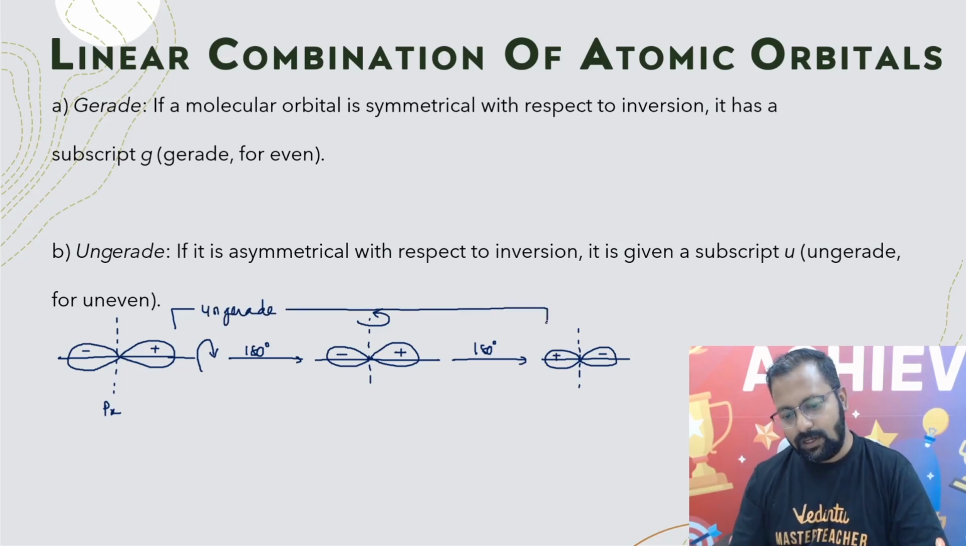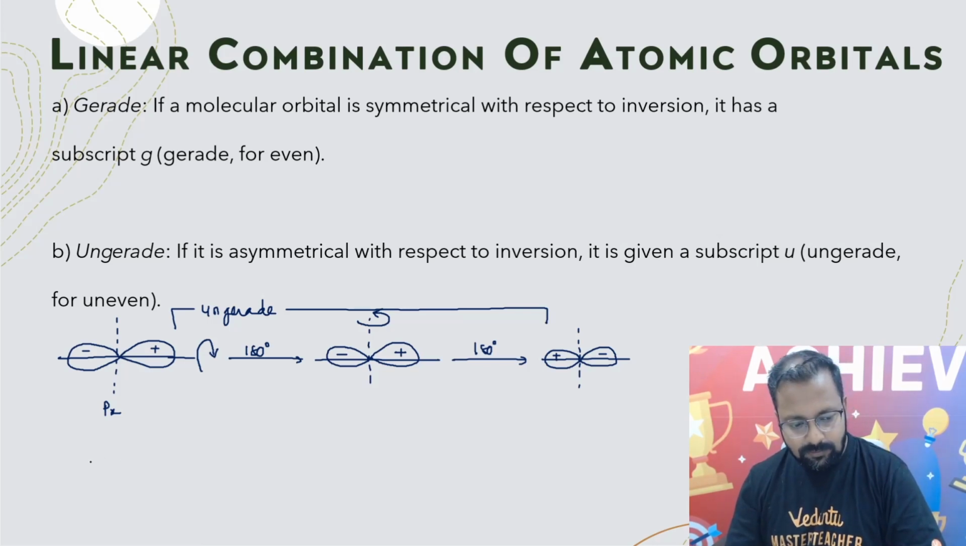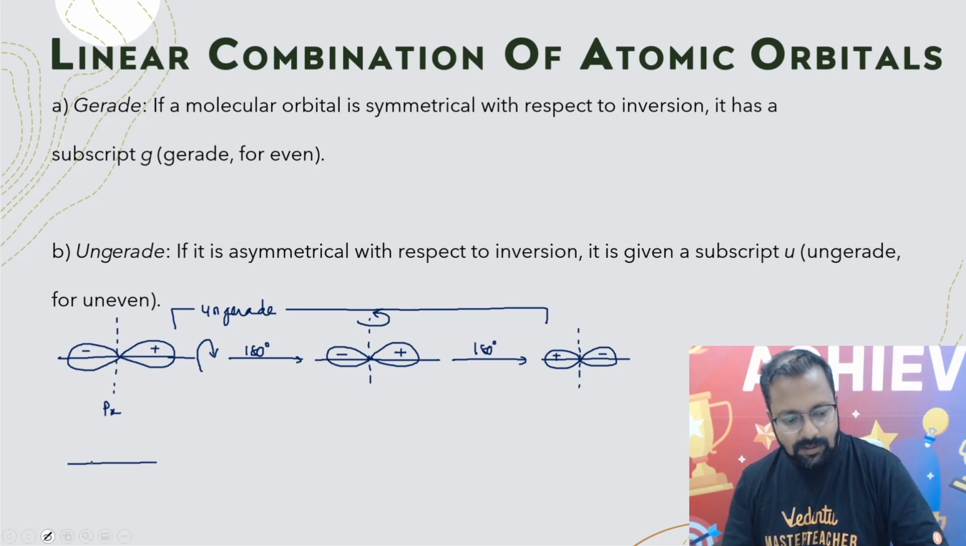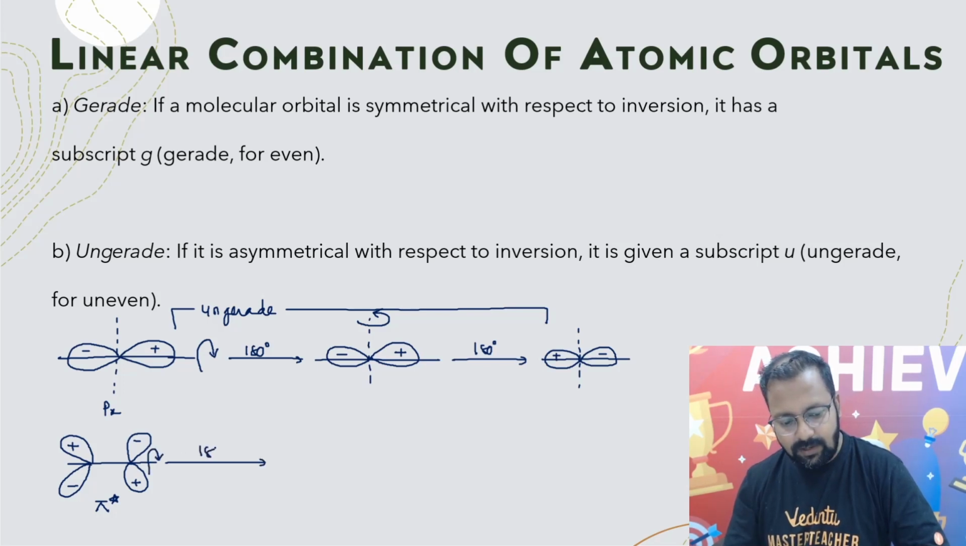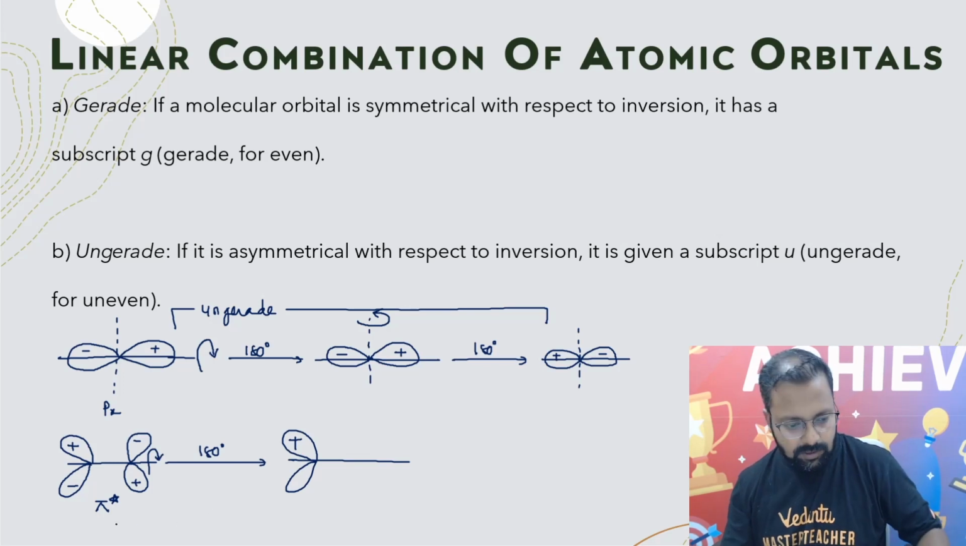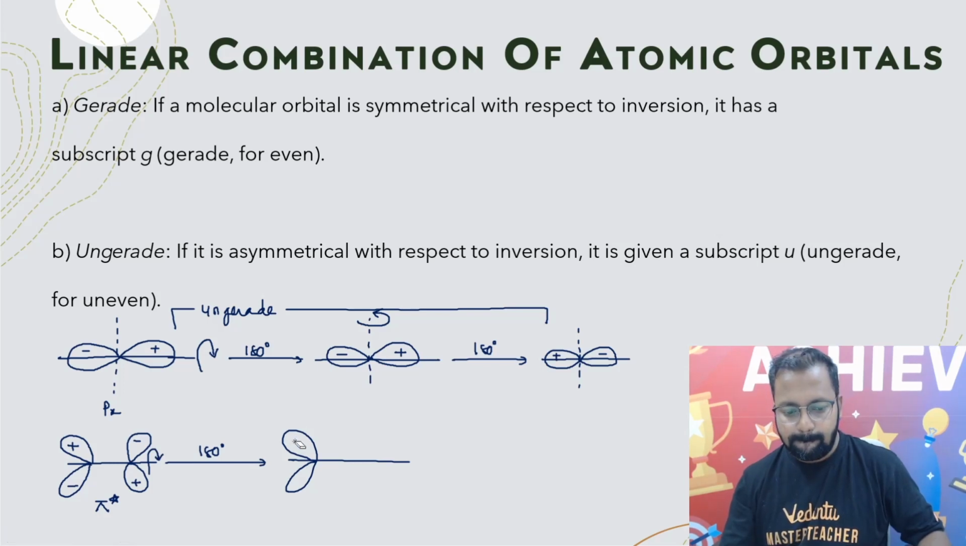It is called ungerade. मैं आपको एक जेरेड ऑर्बिटल दिखाता हूं. This is pi star. Rotate it along this axis by 180 degrees, you will be getting something like this. Sorry, you'll get something like this, minus, plus,